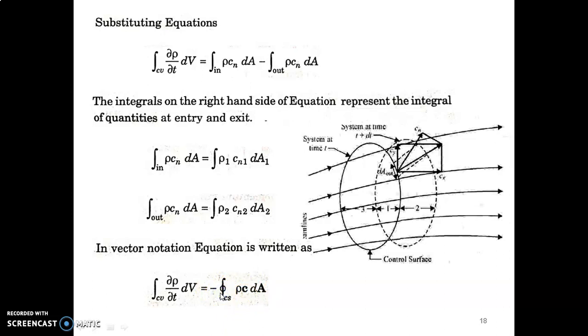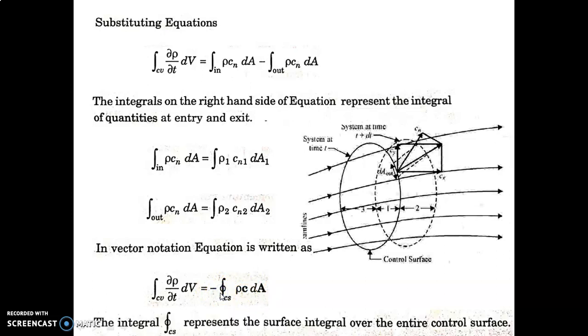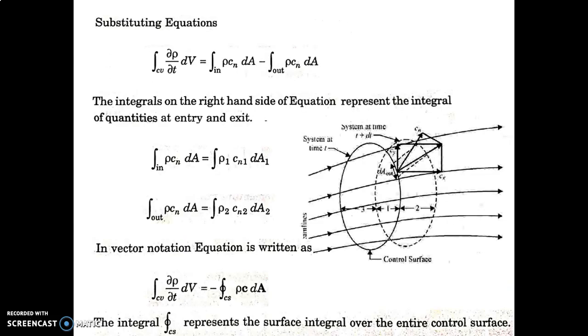So now this can be considered as the integral form of our rate equation for the continuity theorem. Now we will change this equation again to a convenient form which can be used for analysis and problem solving. For that purpose, we will assume our compressible flow as steady for this step. By assuming the flow as steady, dou rho by dou t will be equal to 0.